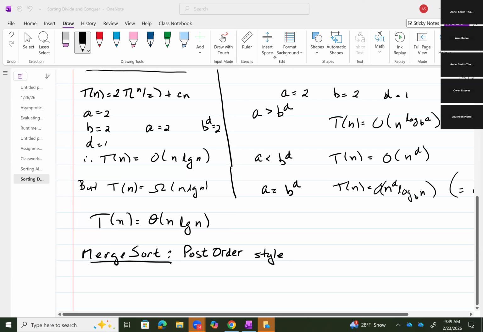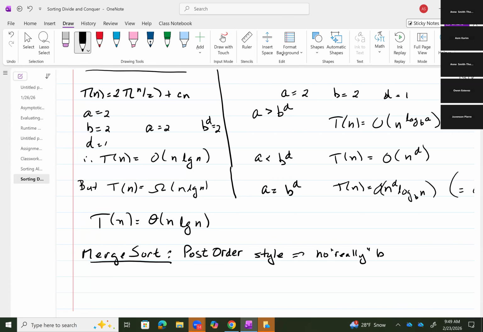So because it's post order, no really best case, because the work is done after the divide. We don't pre-process it. The merge itself,